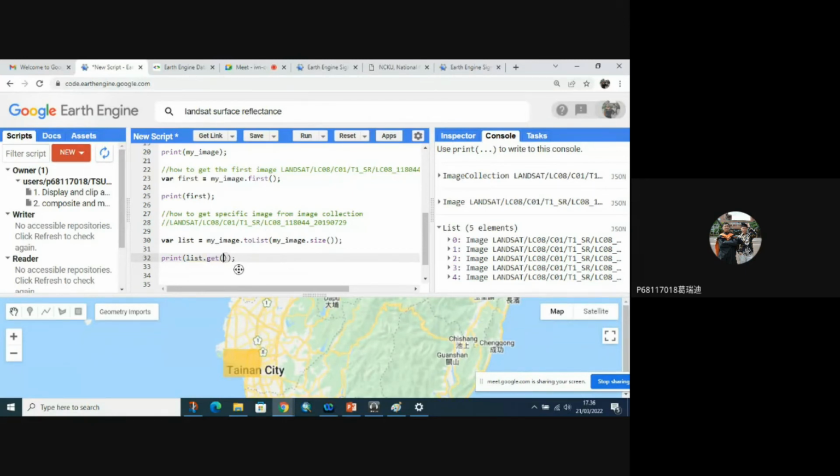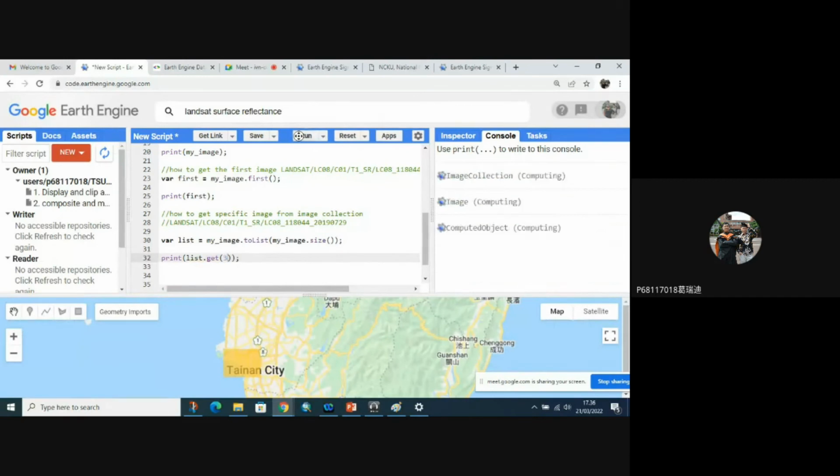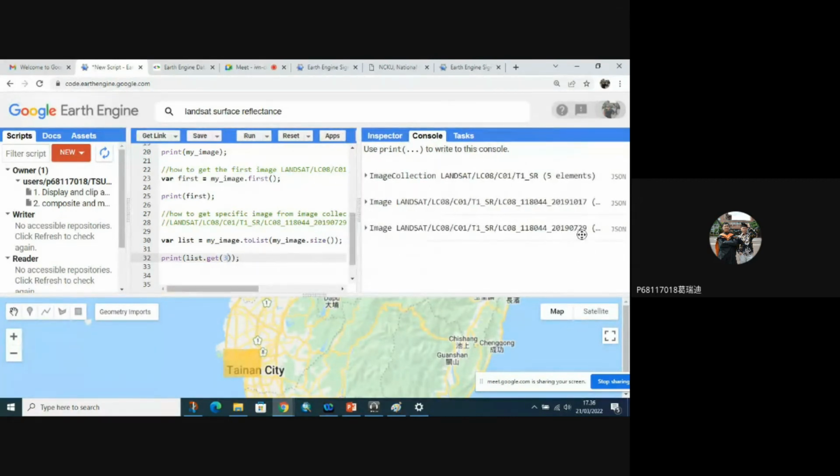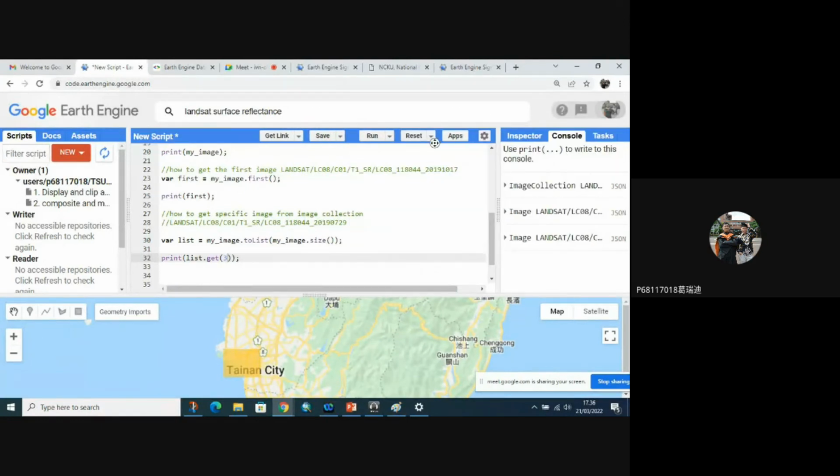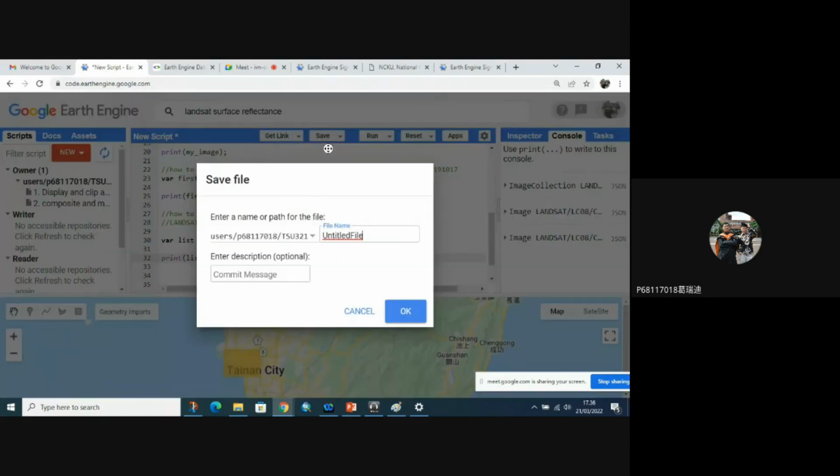We want to get the number 4 here, 29 July. We write here number 3. Yeah, 29 July. So that's how to filter the image. We save it again. Number 3, filtering the images.